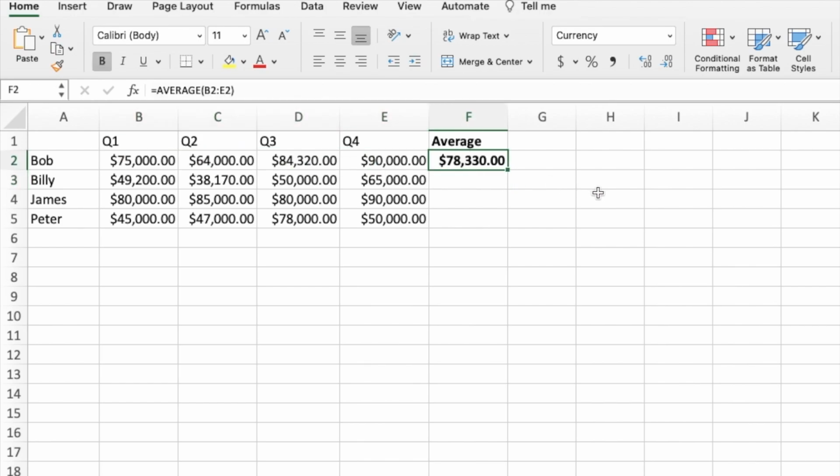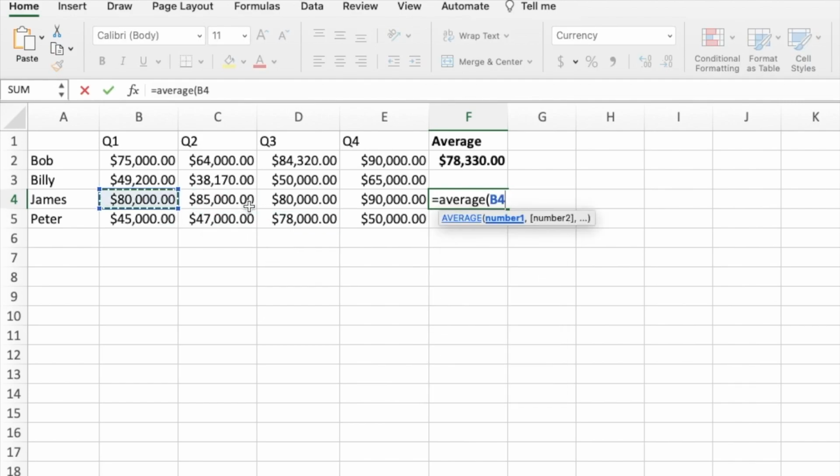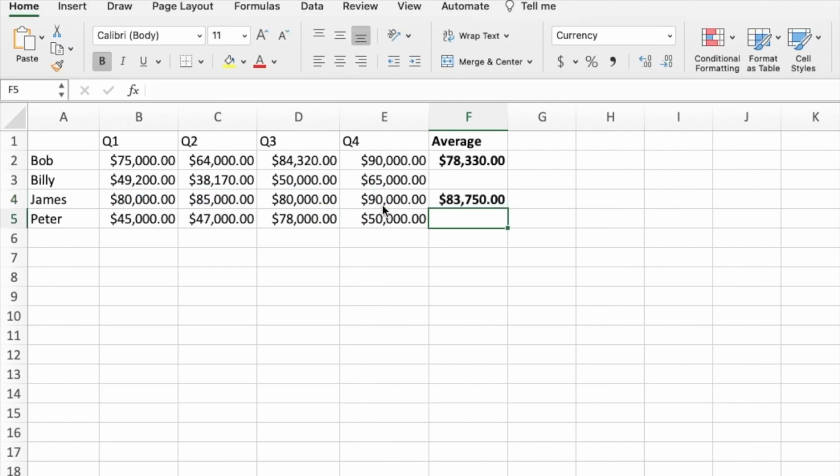And in our case, that is 78,330. So one more time, if we wanted to do this for, say, James, we go equals, type in average, put a bracket, highlight the ones you want to find the average for, hit enter, and it pops out your